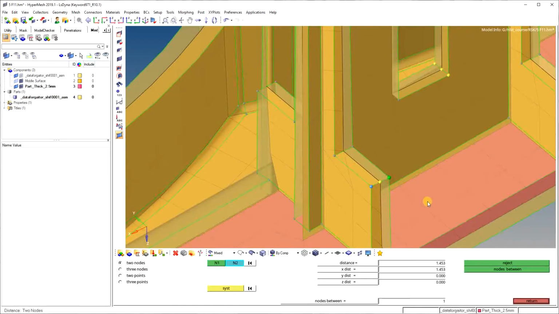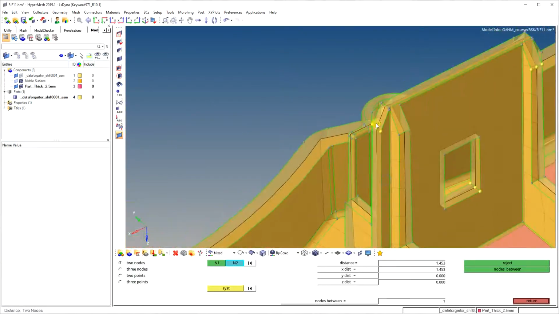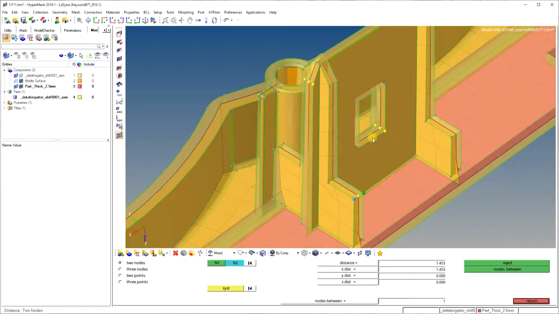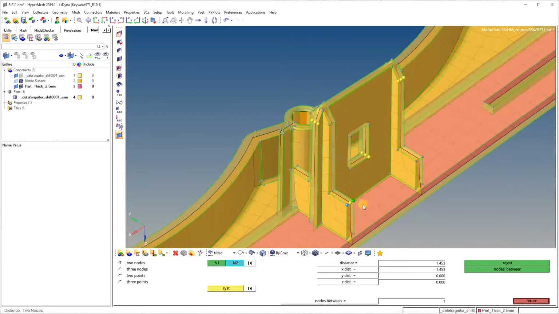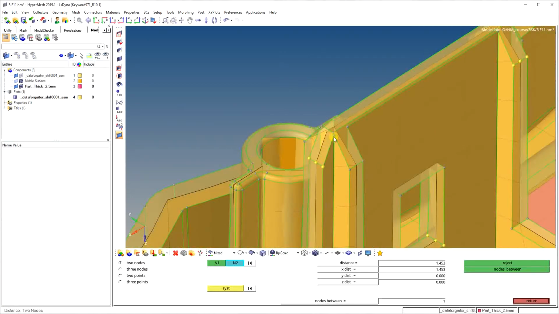So a draft is given for its injection molding. Because of this draft, the thickness at the bottom is more and the thickness at the top is less.